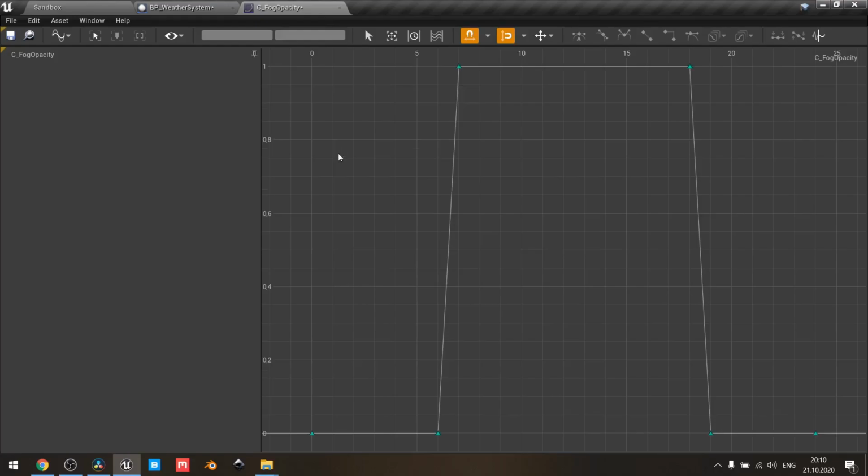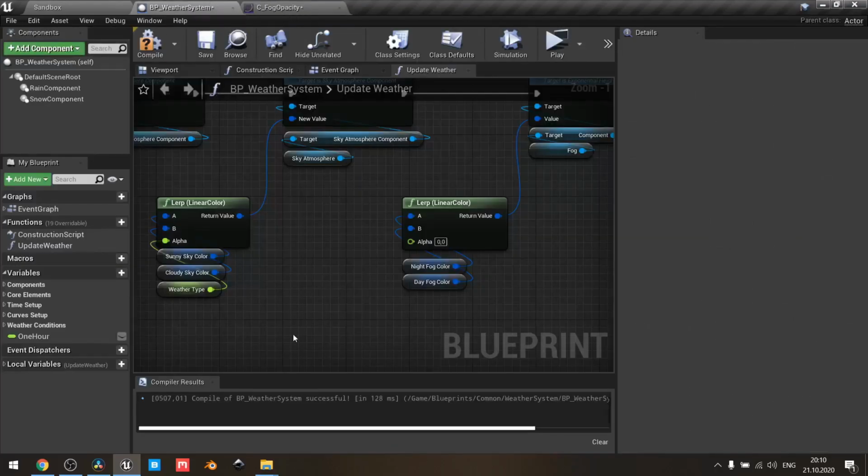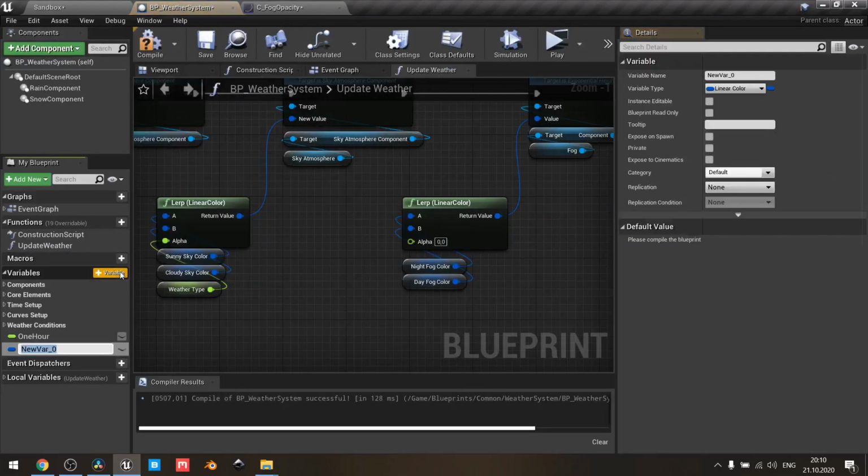And 0 value on our x-axis means black fog, and the value of 1, on y-axis means our common fog color. Go back to weather system, create new variable, rename it to fog opacity curve,